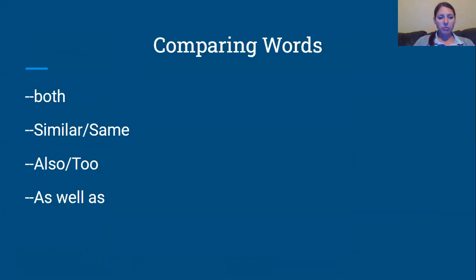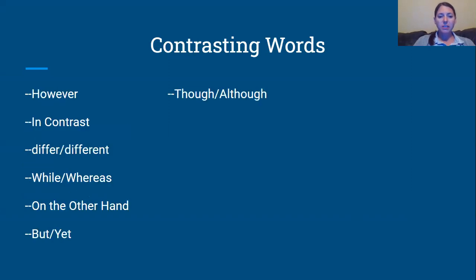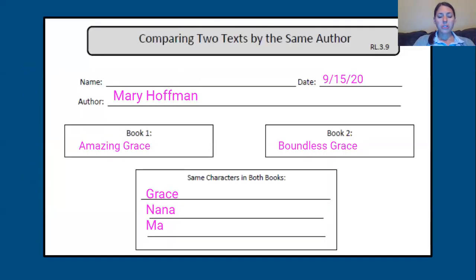Some comparing words we used were both, similar, same, also, too, and as well as. Some contrasting words we used were however, in contrast, differ or different, while, whereas, on the other hand, but, yet, though, and although. So when we compared two texts, Amazing Grace and Boundless Grace, the same characters in the books